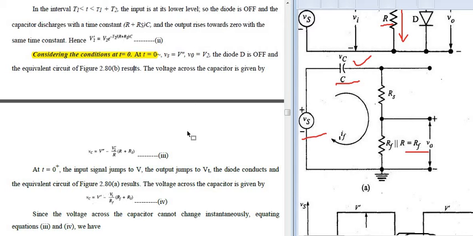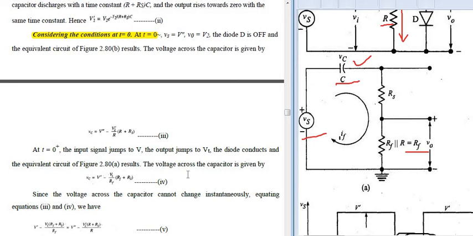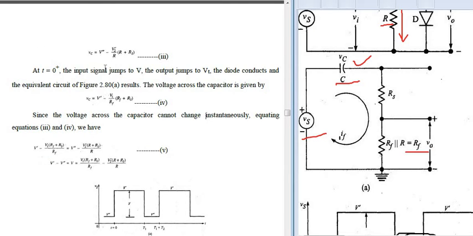Please do make note of all these equations whatever I am telling, so that you can equate and it will be very easy for you. Now see what you have to do. You have to equate these two conditions. What are these two conditions? Equation 3, this part, and equation 4. This Vc, voltage across the capacitor when it is in forward bias, and voltage across the capacitor when your diode is off, that is reverse bias. So these two conditions you have to equate now. After equating, what is the formula that you will be getting? If I equate both, I'll take out V1 dash and take this complete part to the right hand side of your equation.